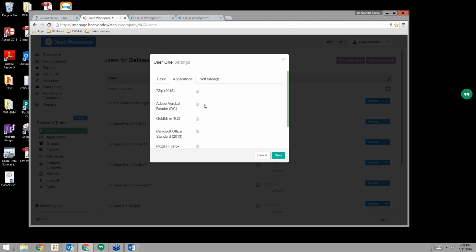So off the top, Chris, I think you did a good job emphasizing the ease of maintenance and ease of use. Remember, all these users are connecting to a single Windows server that supports their remote desktop session hosts. So when you install an app, you just need to do that once on the server. In this user settings module, if you're clicking or unclicking a particular application, the only thing you're doing is toggling access to the desktop shortcut for that application on and off. You're not actually installing or uninstalling, so you just do it once, but then you can manage access through the